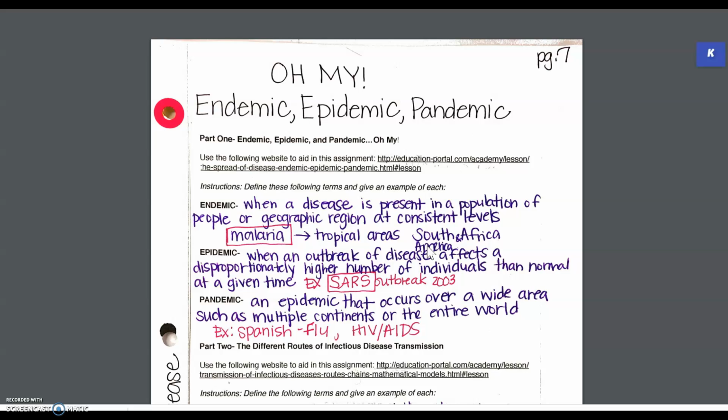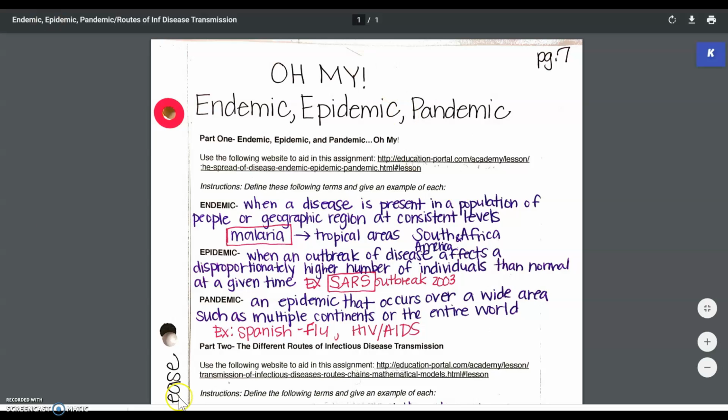The new strain of the H1N1 that hit in 2009 caused about 150,000 to 500,000 deaths worldwide. And then at one point in time, HIV/AIDS was a pandemic, widespread across the world. It's not so much current. It's been a while since that's been a big thing. But now also COVID, which you'll look into a little bit deeper in another assignment.